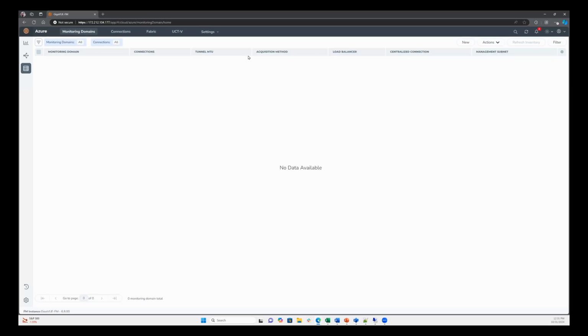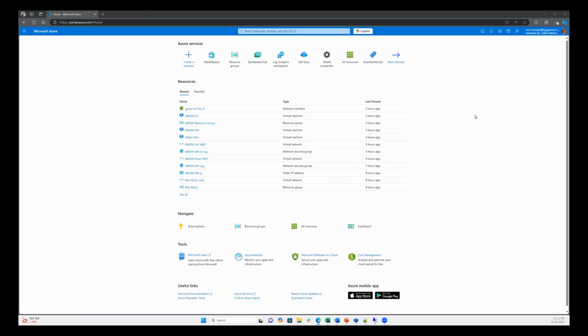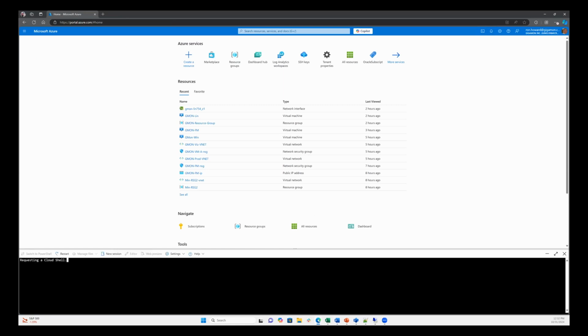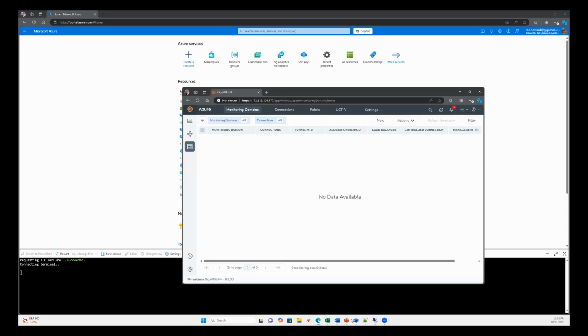One of the critical points that we talked about previously is ensuring that Fabric Manager, even though it is deployed inside of Azure, still needs to have permission sets to be able to do so. What I did is I created a basic service principal when I went into Azure itself. I opened up the console and I actually generated some commands. So to show you the output,